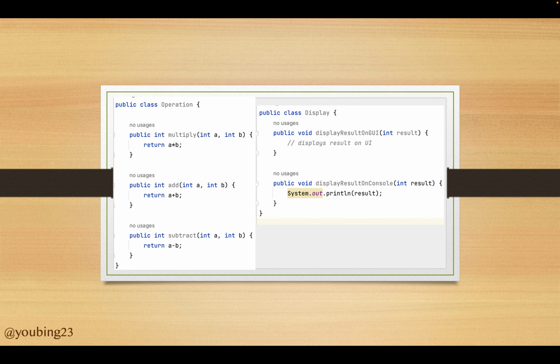One class is called Operation, which contains the add, subtract, and multiply methods, as they have high cohesion and have the single purpose of performing calculation. Another class is called Display, whose sole purpose is to display the result. Hence, it contains the rest of the two display methods, having higher cohesion. As you can see, all the methods of both classes now have high cohesion